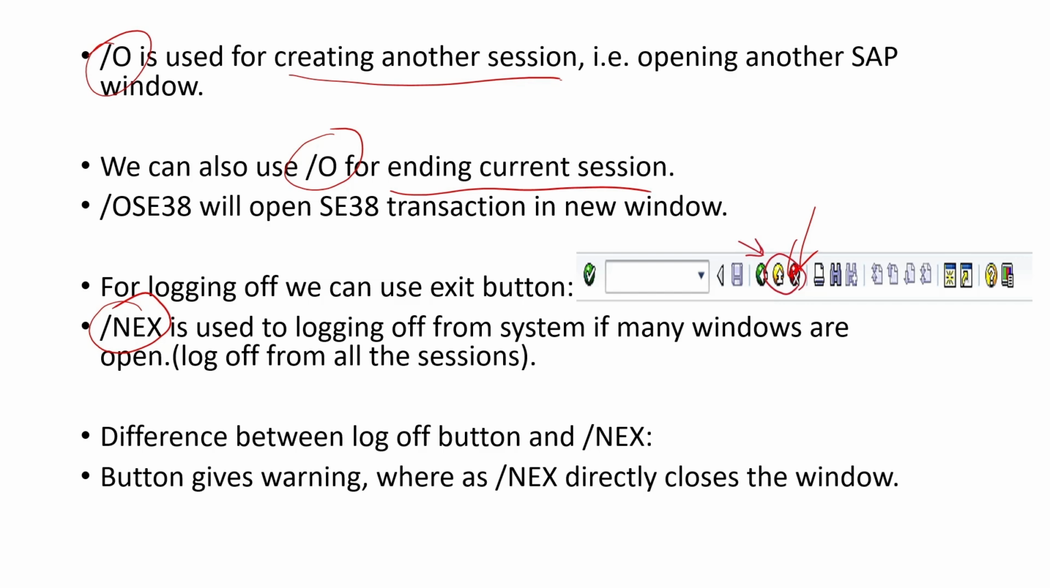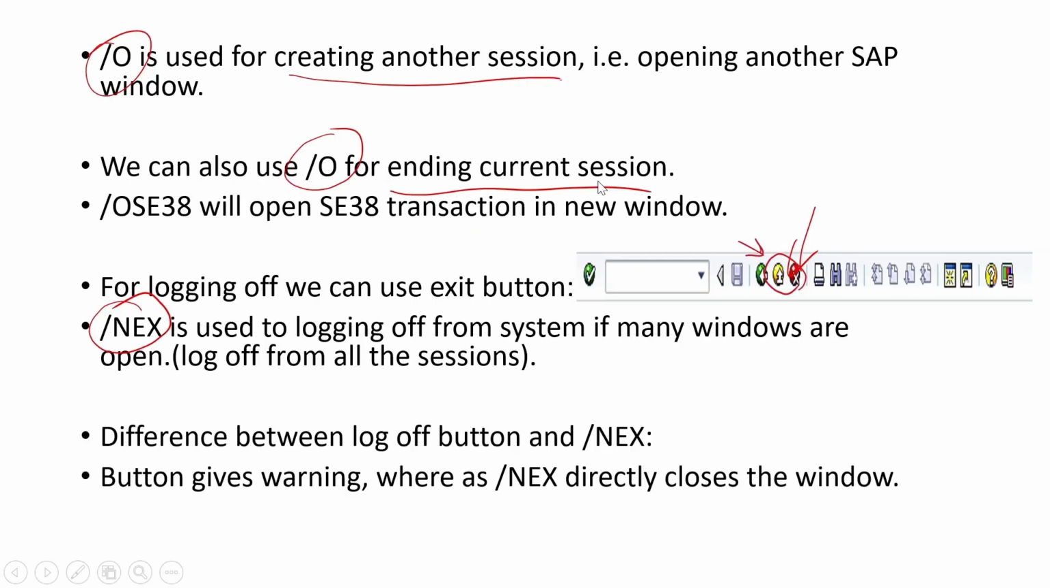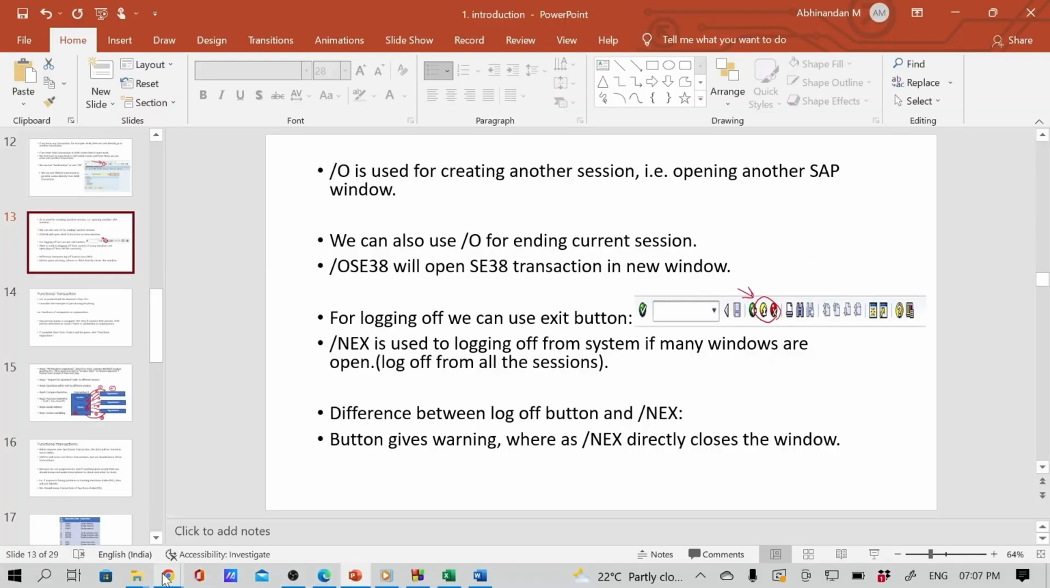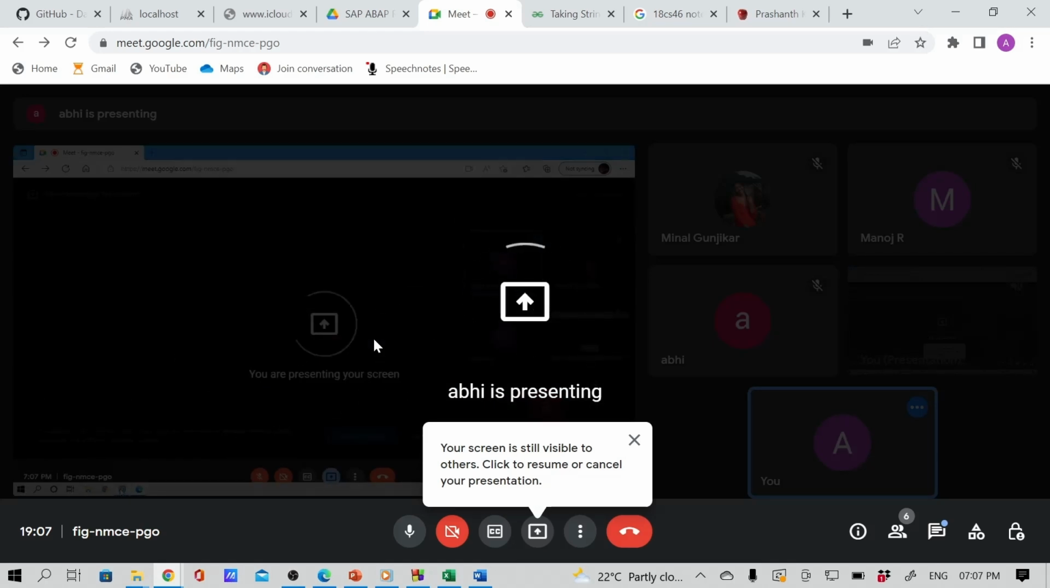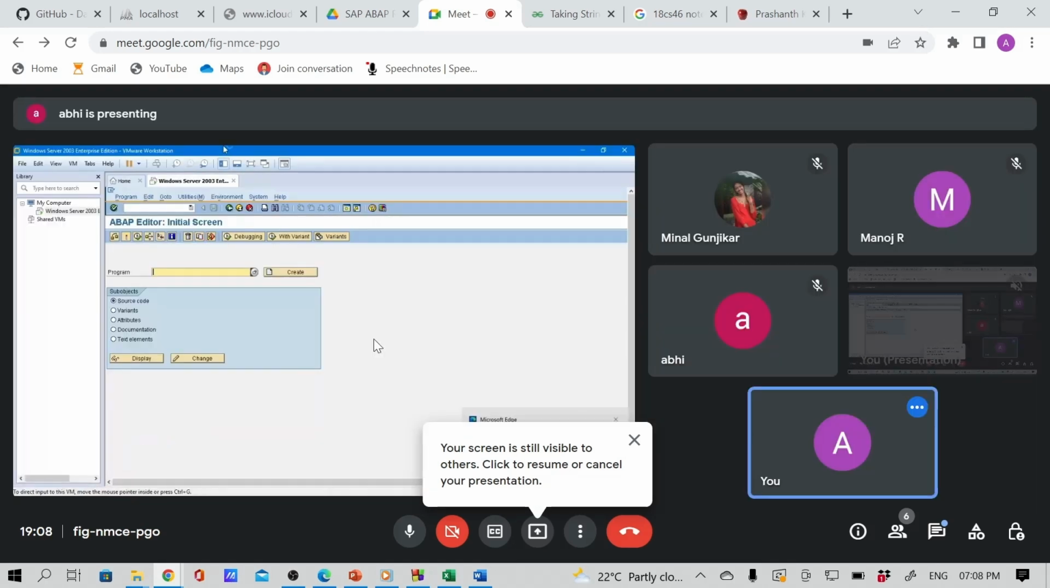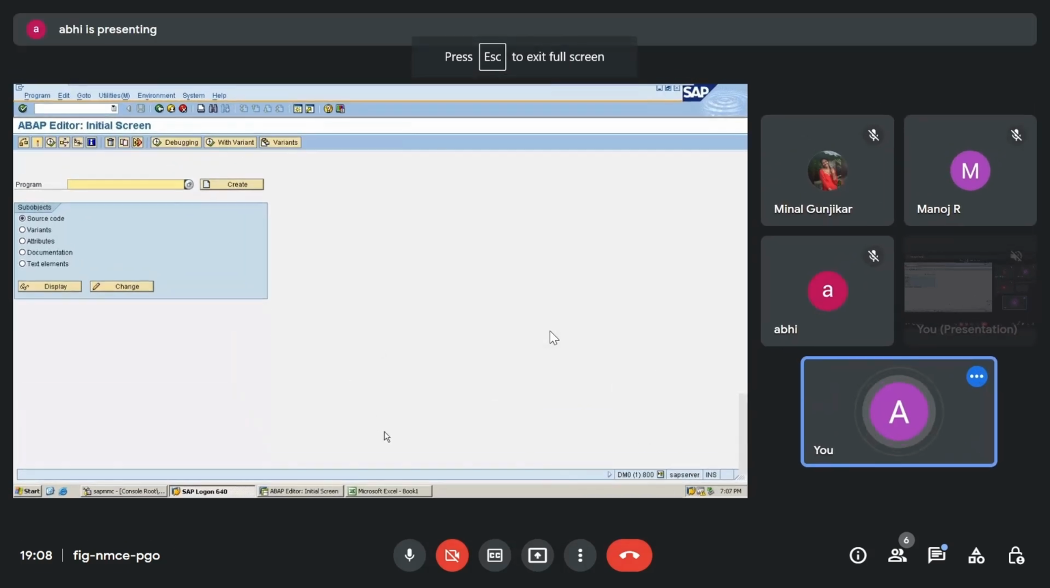Then what is the difference between these two, the log off button and /NEX? We'll just demonstrate it and see, rather than explaining it over here. We'll see it in a scenario itself. Just a moment. Let me go back to the screen. Yes, so we are here now. What I'll do is